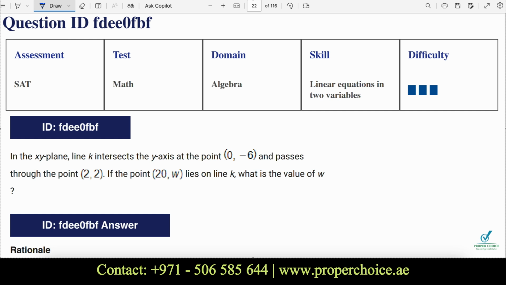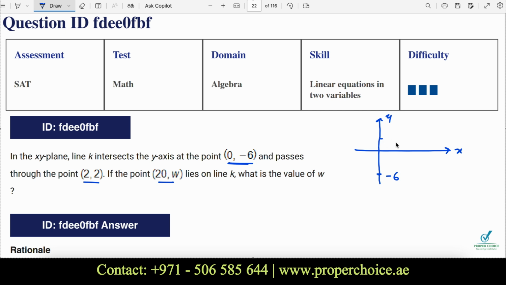Line K intersects the y-axis at point (0, -6) and passes through the point (2, 2). If the point (20, w) lies on line K, what is the value of w? So what they are trying to say here, suppose I represent it in terms of a graph for better understanding. Line K passes through the y-intercept (0, -6). This will be the y-intercept, and then it is passing through the point